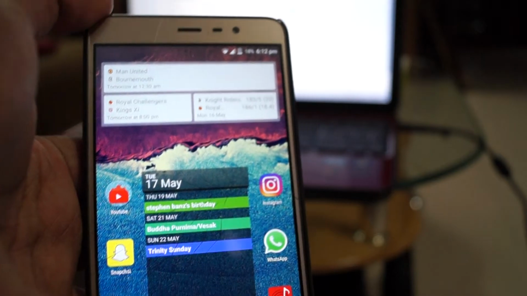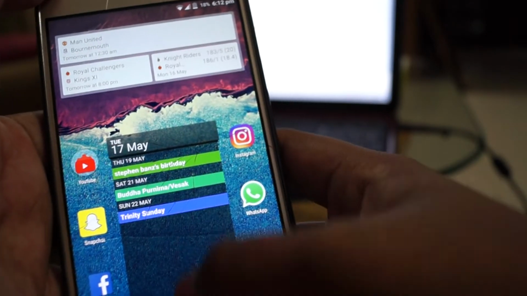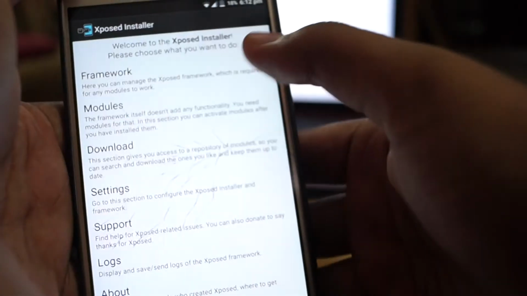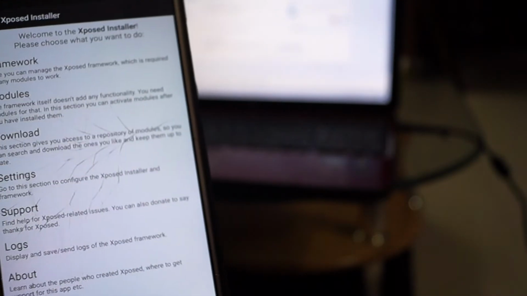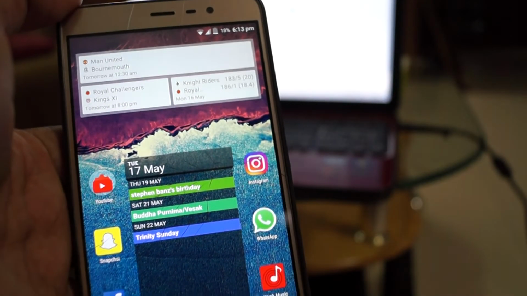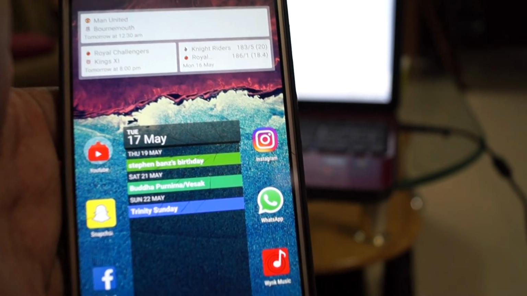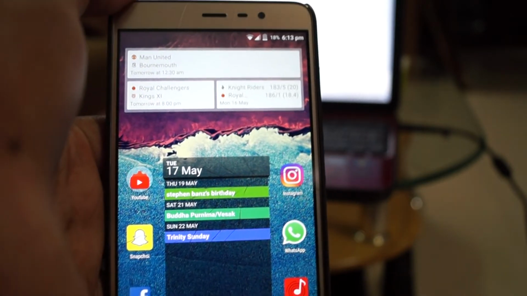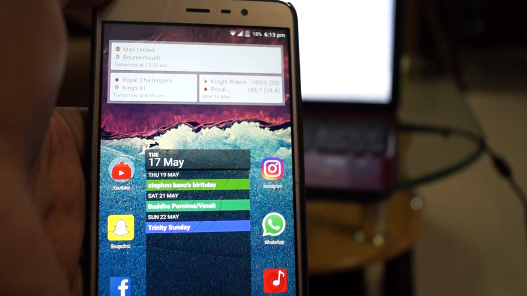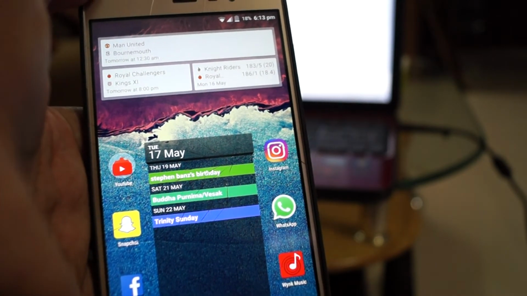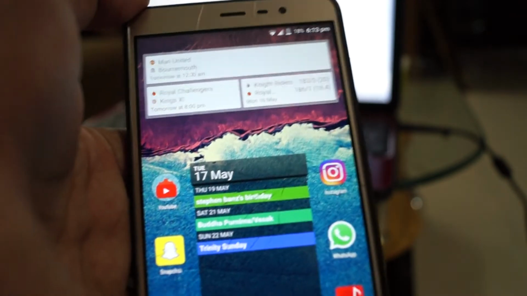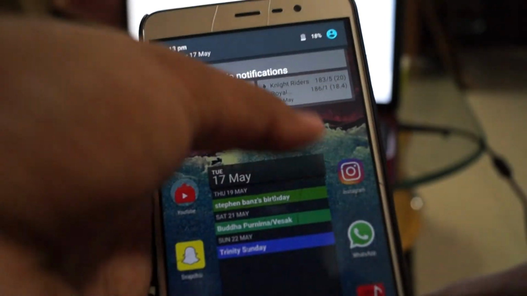But talking about the root over here, it is pre-installed. But when you go to the Xposed Installer and install some modules, when you make them active, a prompt comes up saying it is not rooted properly. So I suggest you root the phone again. It's not tough. Just download the root zip file, go into recovery mode and flash it in TWRP, and your phone will get rooted properly.